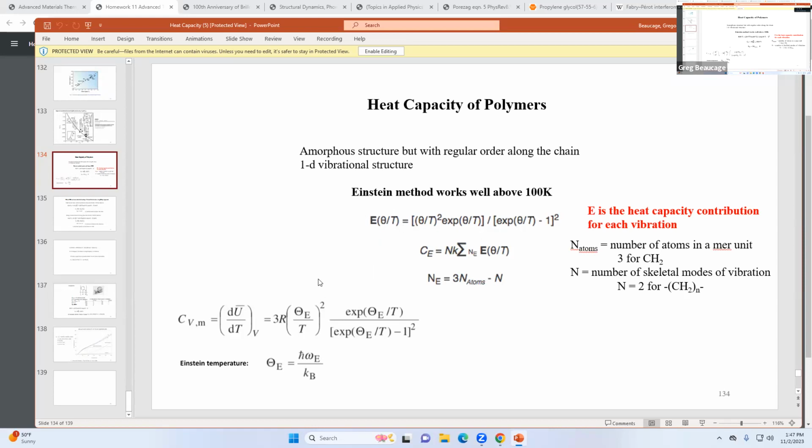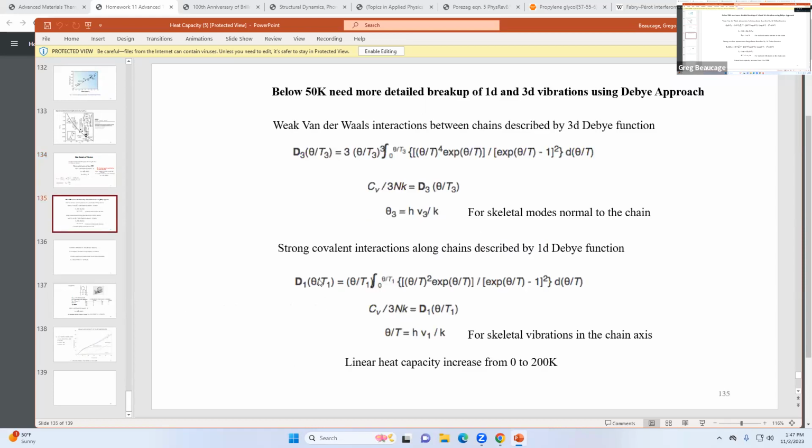You can just use the Einstein model for polymers. So that's one way to do it. The other thing you can do is say, because it's a linear chain molecule, you don't have 3D if you use the Debye model,